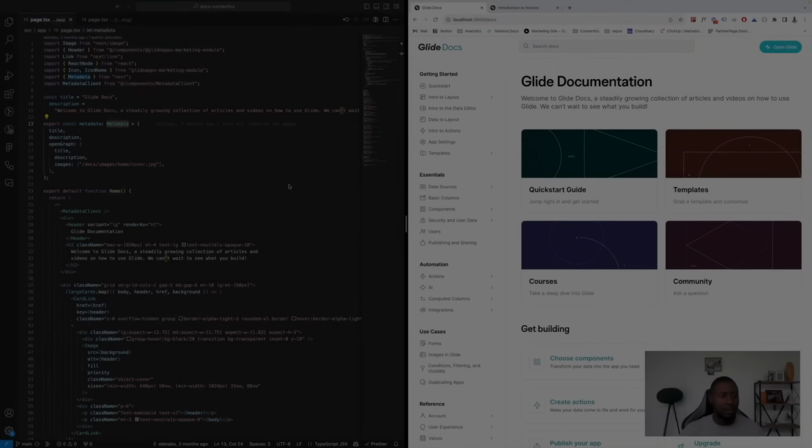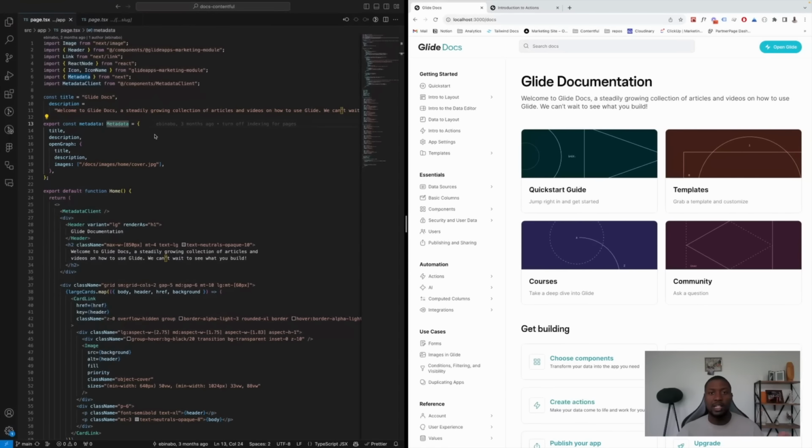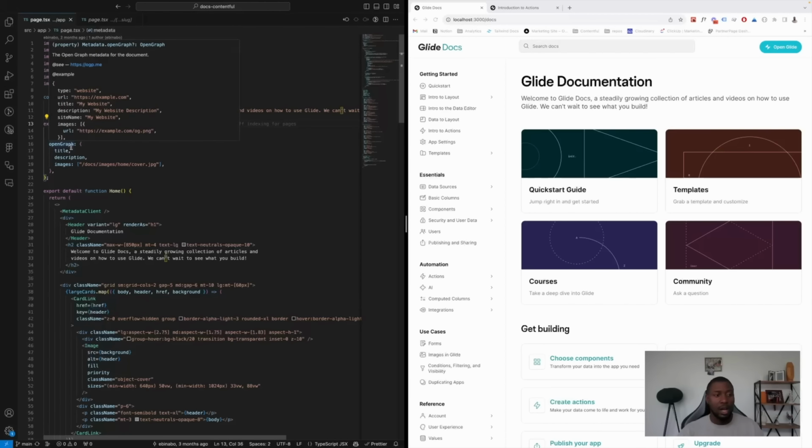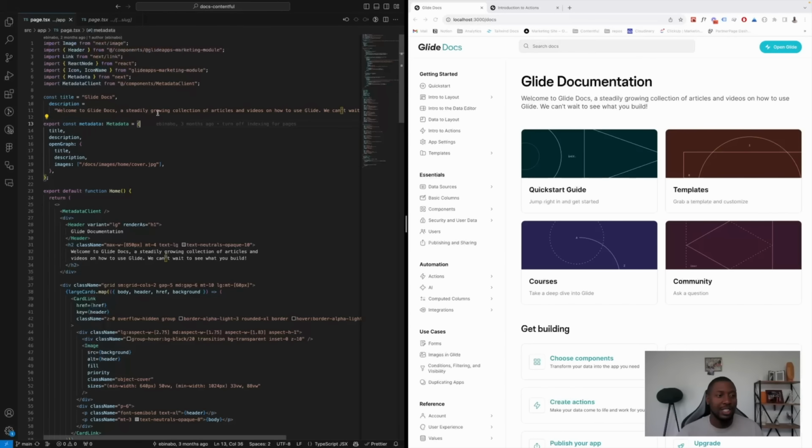Next thing is the new metadata type that's exported from Next. So previously, we did this ourselves. We passed in title, description, open graph, and all the other meta tags that we used. But now this is strongly typed, and Next just tells us which ones to use, and it generates for Open Graph, for example, it generates for Twitter, Facebook, and a couple of other platforms that we're going to need to check the documentation for. But this is for a basic page, and it's not what we want to show right now.